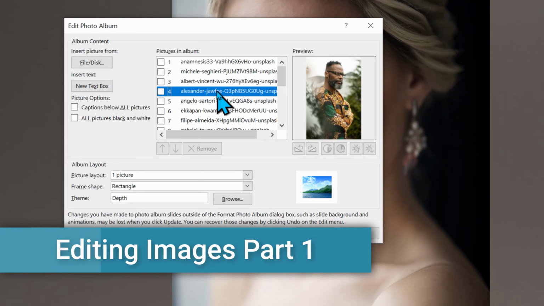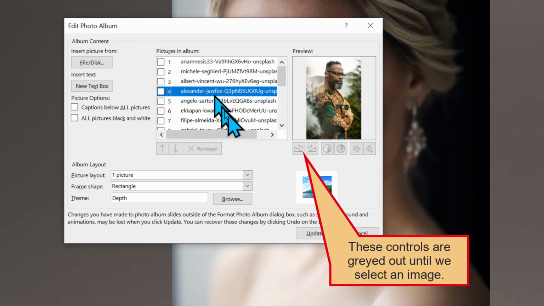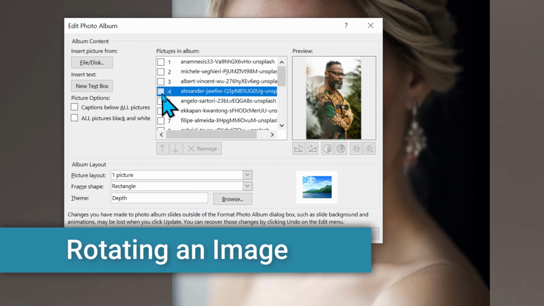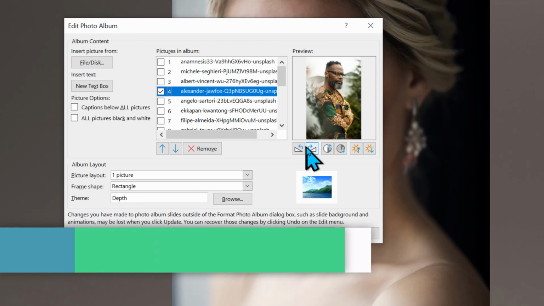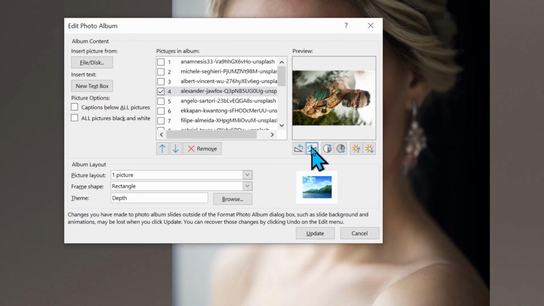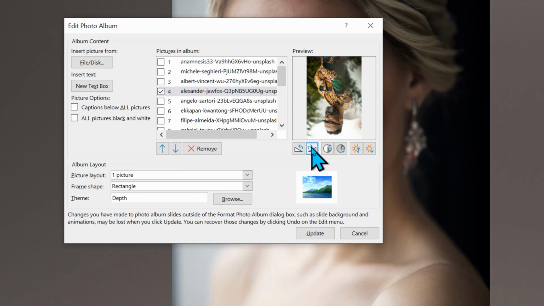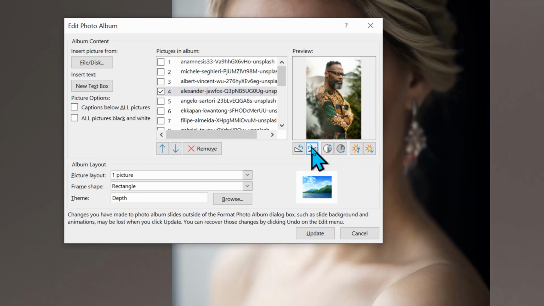Other controls you have at your disposal can fix a poorly displayed photo. Once a photo is selected with a check mark, the image quality buttons come alive, but you first must check mark the photo. Now what can we do? Well, one useful feature is to change the orientation as an image may be at the wrong angle. Our man with glasses is properly oriented, but to demonstrate how to flip an image, I will click the Turn button 4 times to see how we can fix what is up and what is down.